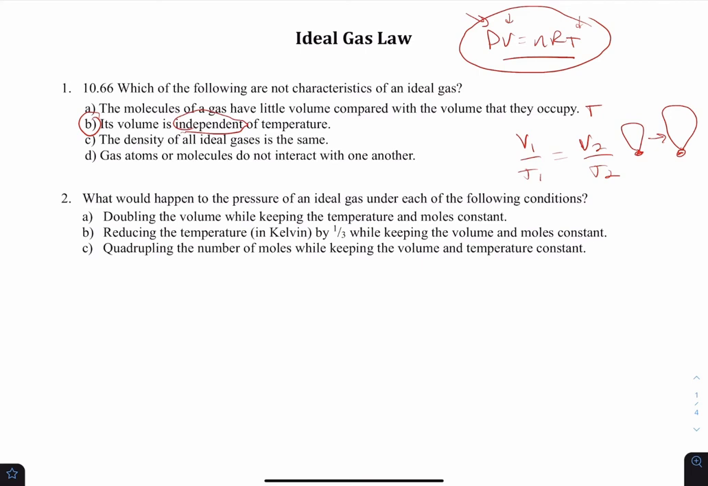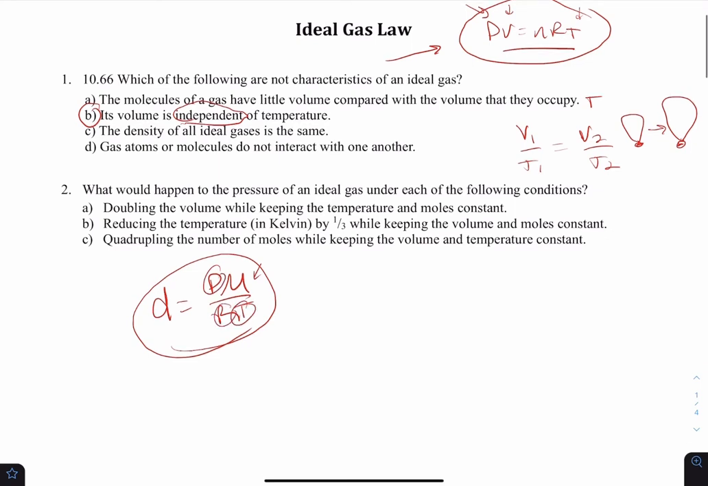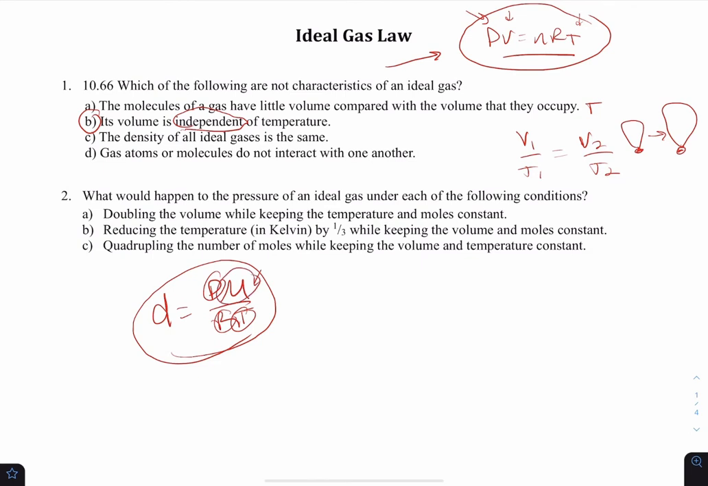Dependent on temperature. All right, letter C says the density of all gases is the same. Now, I'm going to write an equation here that's a derivation of the ideal gas law, but just bear with me. It looks like this, okay? And this is molar mass, okay? It's not actual mass. Now, the density of all ideal gases is the same. Now, assuming this is part of the ideal gas equation right here, if I left P, R, and T all the same, the density of all gases could not possibly be the same because every gas has different molar masses,